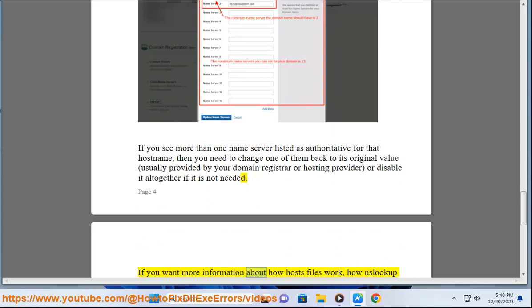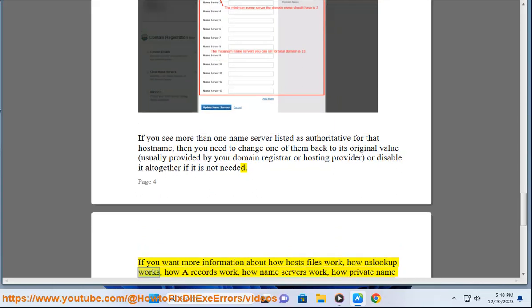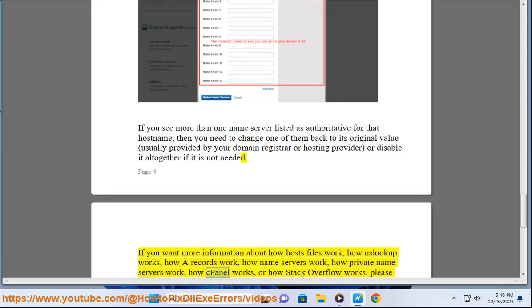If you want more information about how host files work, how nslookup works, how A records work, how name servers work, how private name servers work, how cPanel works, or how Stack Overflow works, please Google